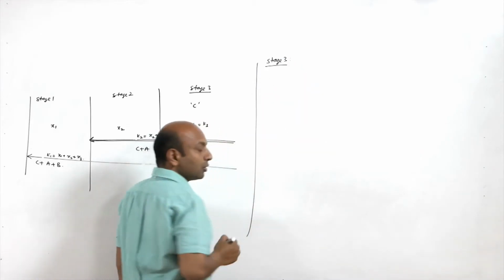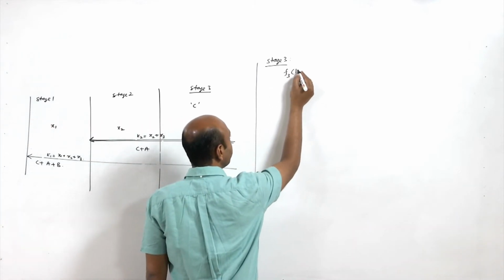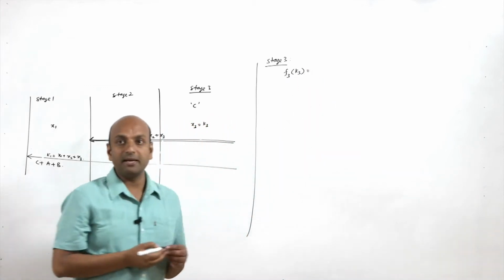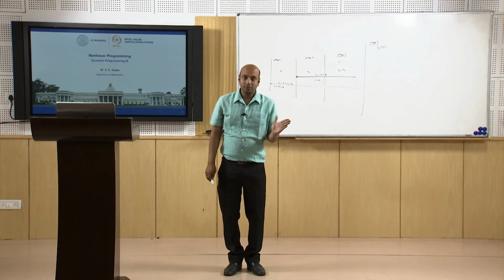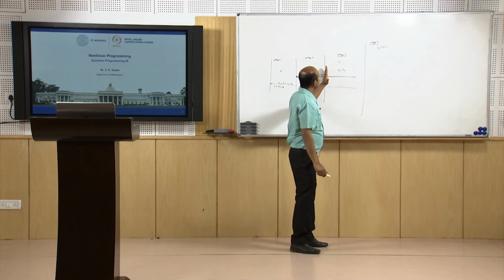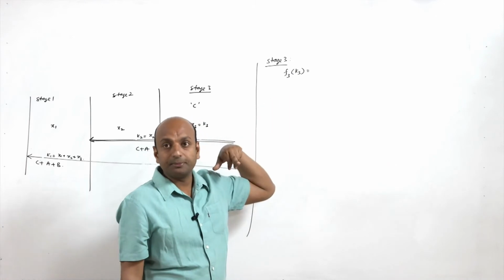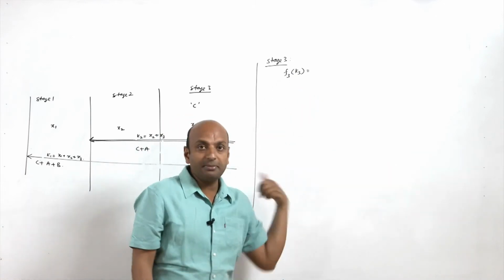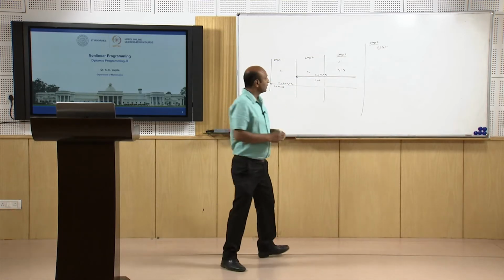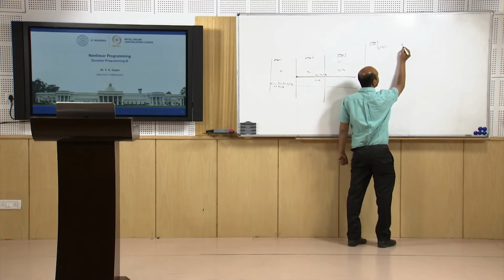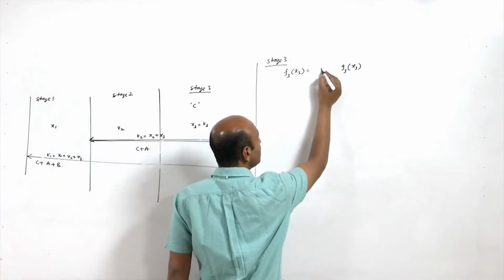Now for stage 3, F3 K3 means the return from stage 3, and whatever maximum we get, that will be Fj Kj. G3 X3 is the return which we obtain from stage 3, and we take the maximum of this,